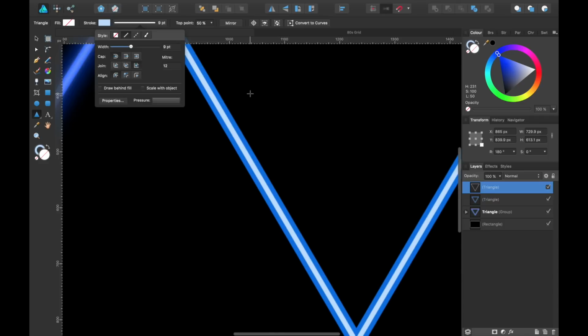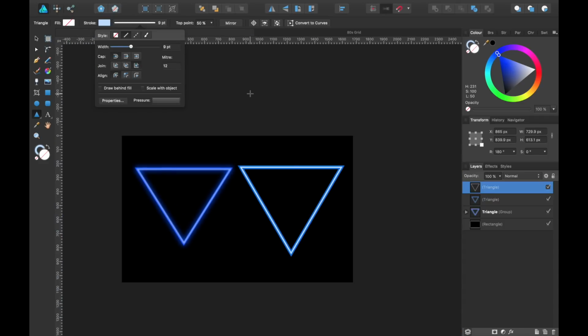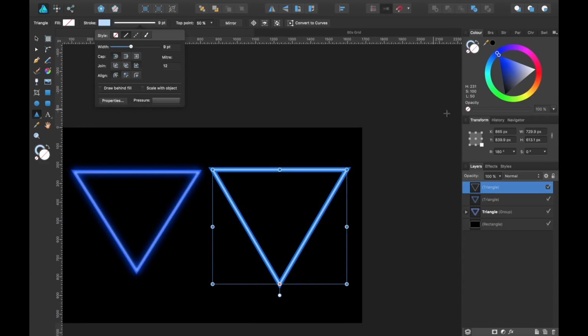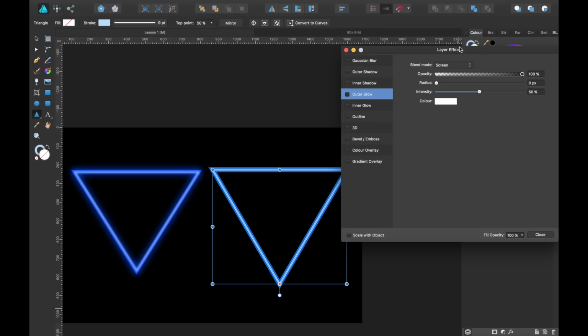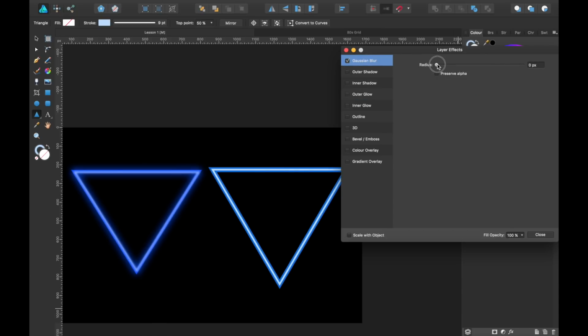So now you can see it's within this line. So we're going to want to add a Gaussian blur to this layer. So let's go down to the effects and Gaussian blur. And let's click and drag this out a bit. There you go.